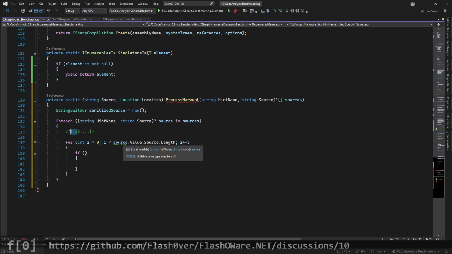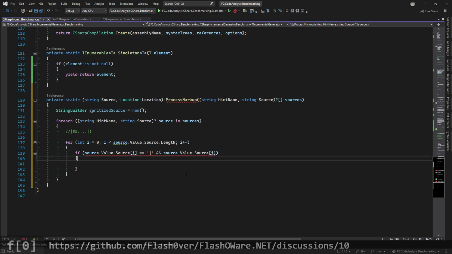If the source on position I is an opening brace, and if the source on position I plus 1, okay, I also need to check if there is such a position, is this, and if